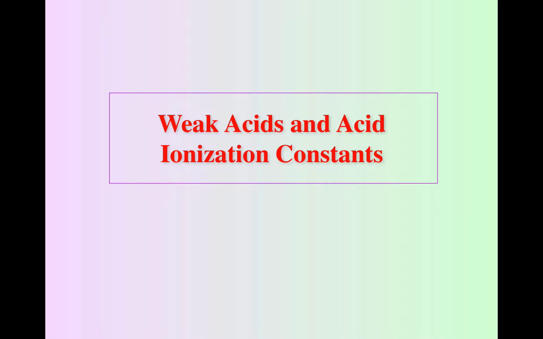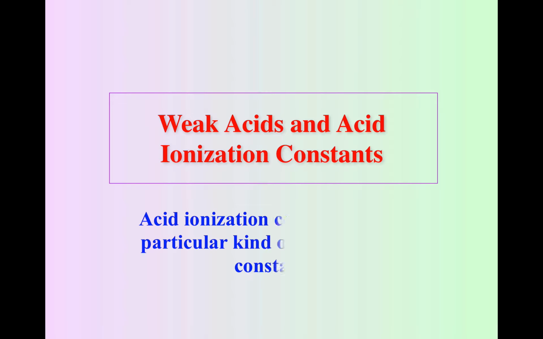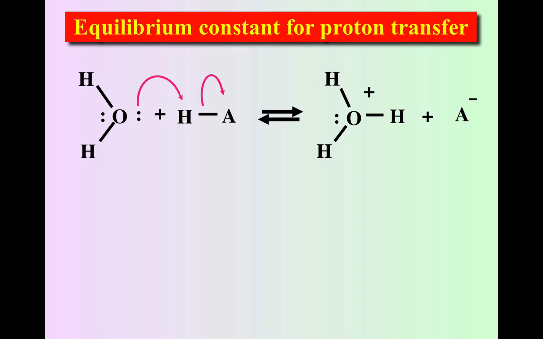Weak acids and ionization constants. Okay, so an ionization constant is just an equilibrium constant for when an acid dissociates in water to produce H plus ions. An acid ionization constant is a particular kind of equilibrium constant, right? When I put a generic acid into water and it protonates water to form hydronium ion, this is the definition of what we call a Ka,